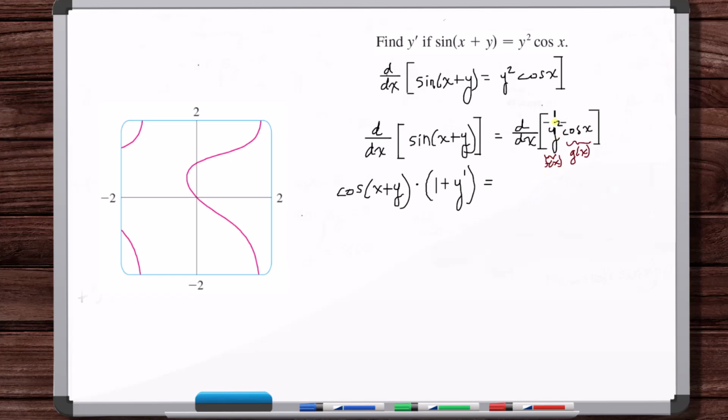Okay, derivative of the first. What is the derivative with respect to x of y squared? Now we have to use the chain rule. It's just more steps here, but it's all the same process over and over again. We're taking the derivative of the first. So what is the derivative with respect to x of y squared? Okay, chain rule. We have something squared. What is the derivative with respect to x of something squared? That's 2y times the derivative of that something, y prime. That's the derivative of the first times the second, plus the derivative of the second. Well, what is the derivative with respect to x of cosine of x? That's minus sine of x